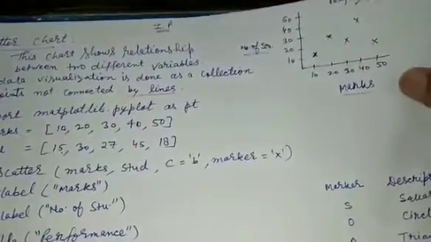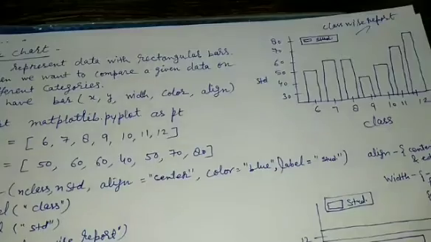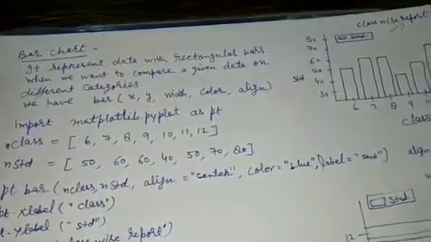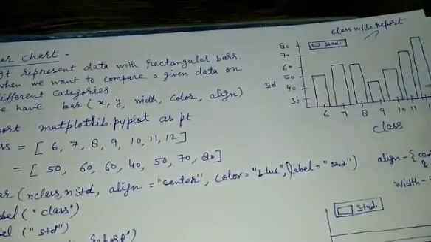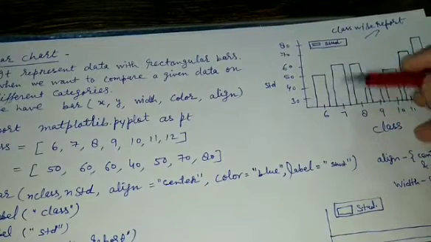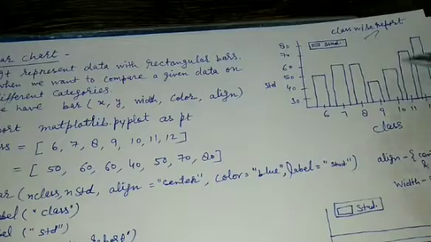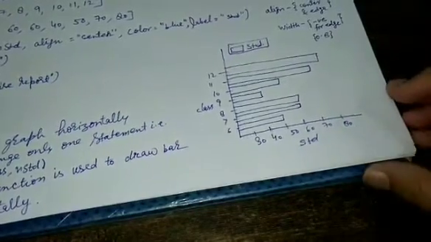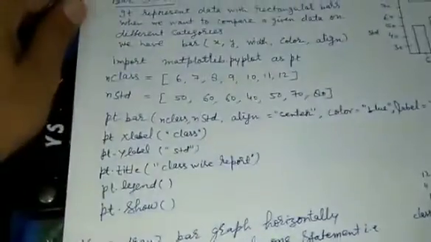So let's move to the second type of chart, that is the bar chart. It is very familiar to you that it is a representation of data as bars. These bars can be vertical like this or horizontal like this. So in this section I will explain how you can create both of these charts.